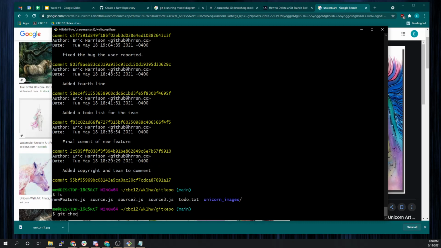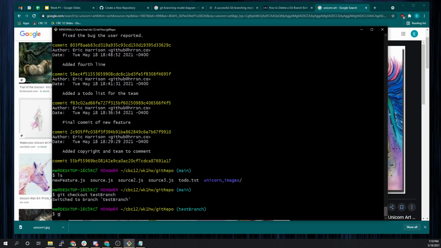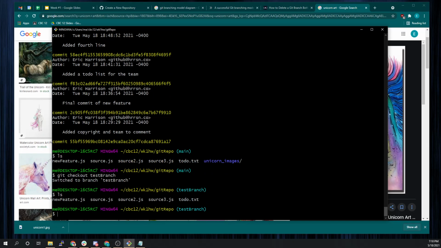But if we git checkout test branch, if we ls, what happens? Unicorn images is gone because test branch branched off from main before unicorn features existed, and before unicorn features added itself back into main. So now test branch is off here floating off by itself. Does anyone have any idea how we can get test branch up to date with main when things have happened behind the scenes? First person to answer